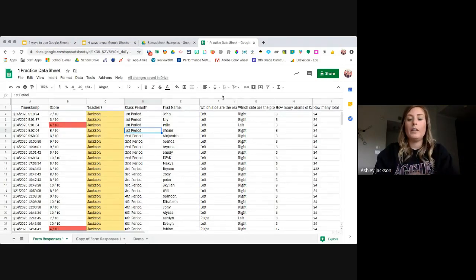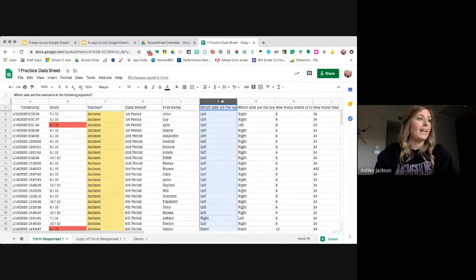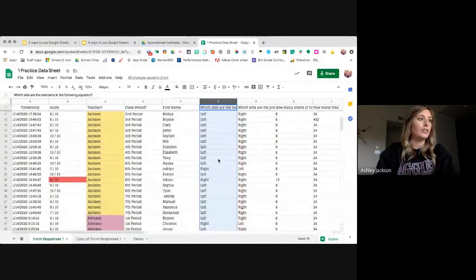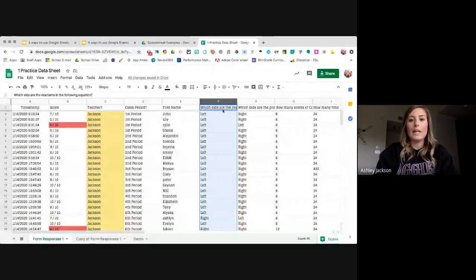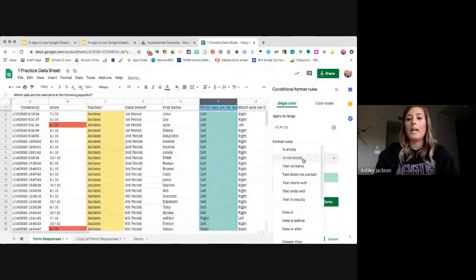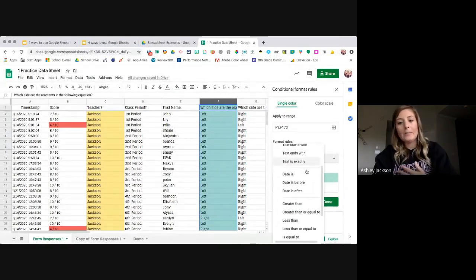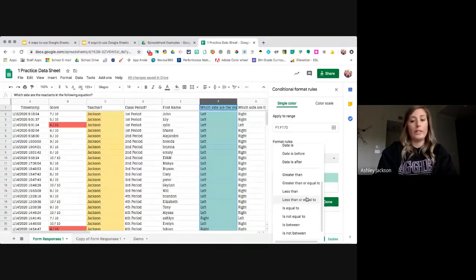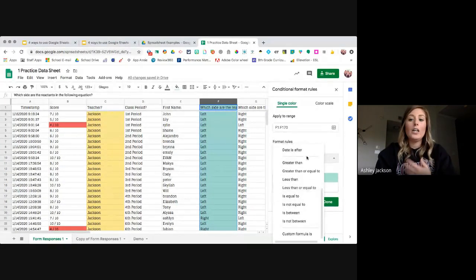We would also do this with incorrect answers so that it would show us when they put wrong answers on here. But it's just setting it up the same way. Click on that column that you want to use, format, conditional formatting, and then you get to pick how the cells are going to be formatted. So it can be text is exactly. You can even do it by date or like time. So depending on when students turn things in, greater than, less than,